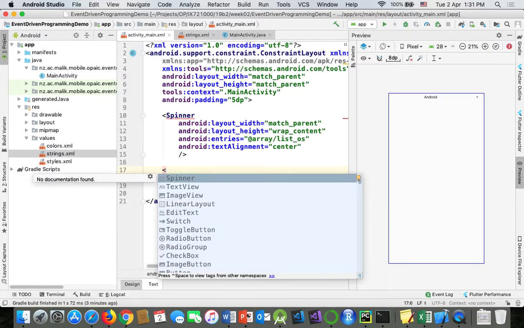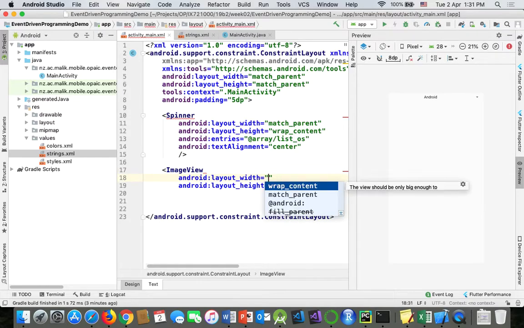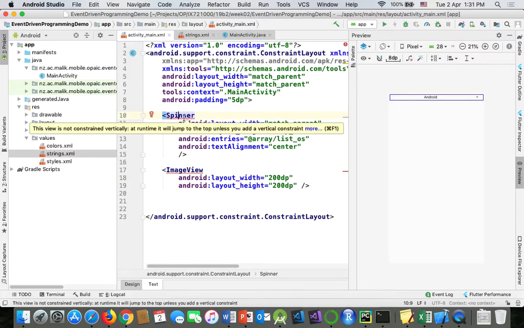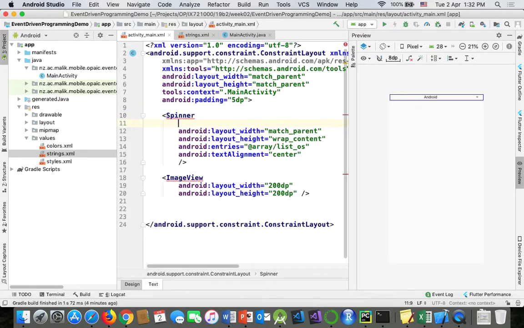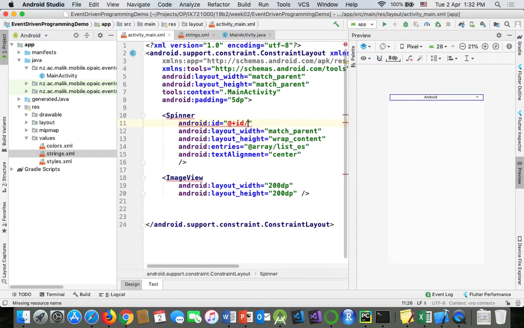Now I want to put that particular image view. I say wrap content, or maybe I can fix the size. Maybe I say 200 dp by 200 dp. Again, as you know, because we have not put any constraints vertical or horizontal, that's why it is showing up. For that spinner, we don't need to put any constraint, but we need to provide the ID. The reason is that we want this particular image view to go below this, so that's why we can say that my